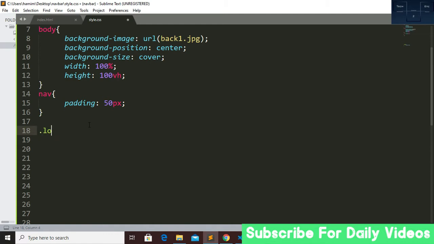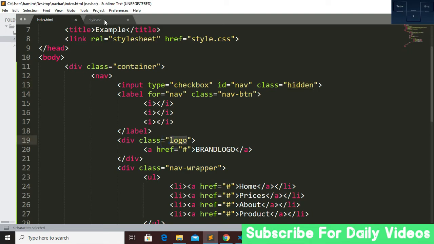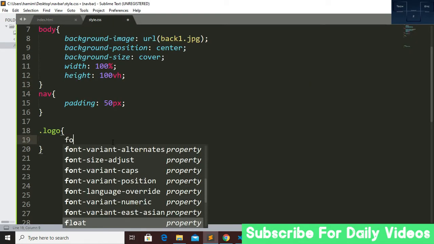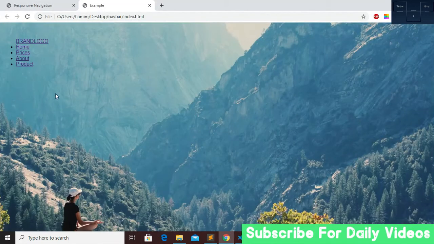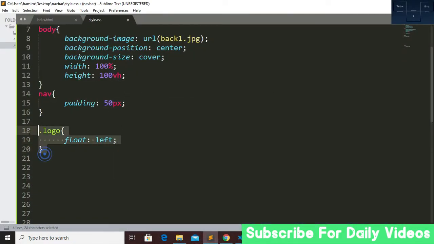So target the logo class, which is here. I want this to be float left, so this will show on the left side. Here you can see that in our logo there is an underline. So first let's fix this. Copy this and paste it here. Now we have to target the anchor tag.